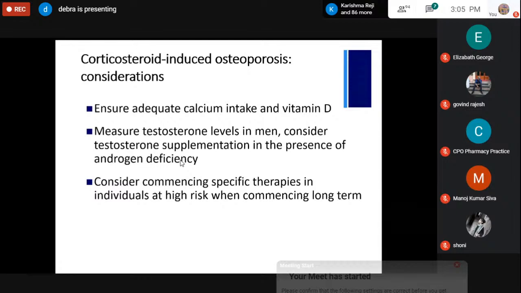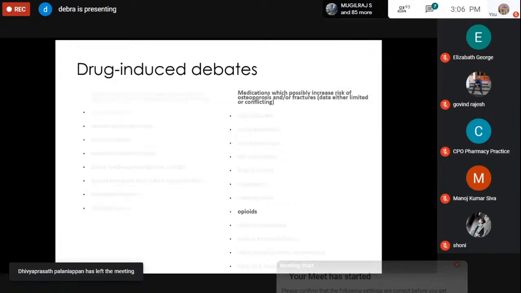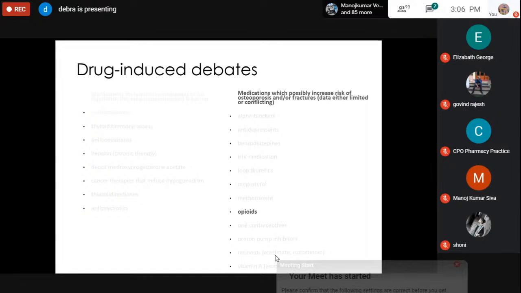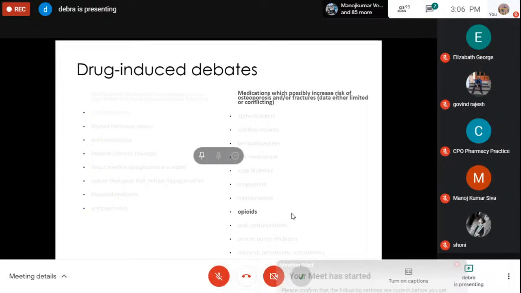It sometimes is important in those men that are taking higher doses and for longer term to measure their testosterone levels and commence specific anti-resorptive therapy when long term. I also was going to just quickly mention the opioids because these are increasing in use and they may